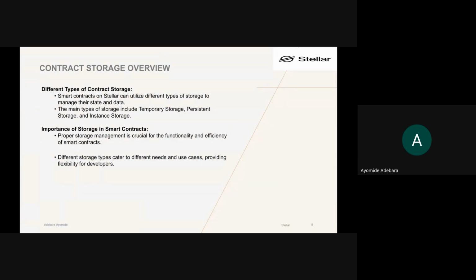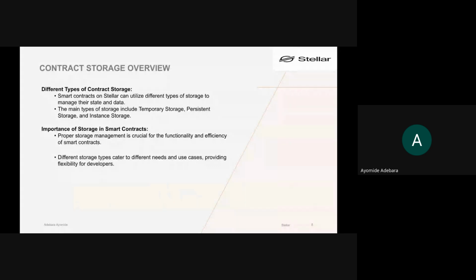I'm sure from one class back then, when we were talking about renting storage, paying lumens to rent storage and all of that, I made mention that in a future class we are going to talk more about it. And here we are talking about it. You definitely know that temporary storage would not last long, just like the name connotes. Permanent storage is definitely longer than temporary storage. Instance storage is not as long as permanent storage. So there are different situations where you might need temporary storage or permanent storage, based on what you want to do.